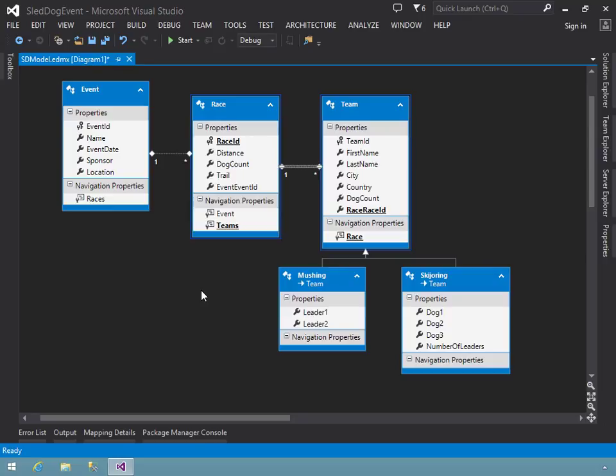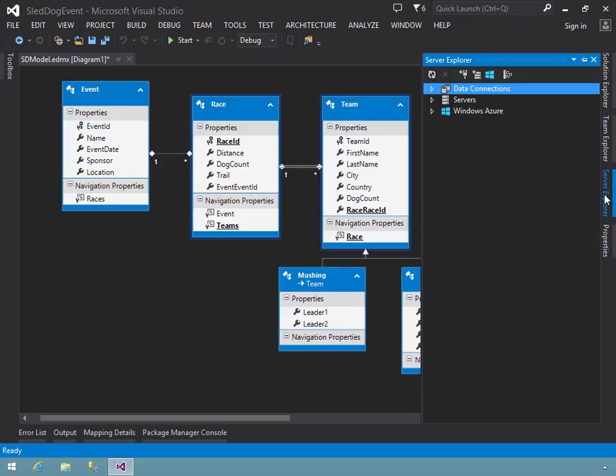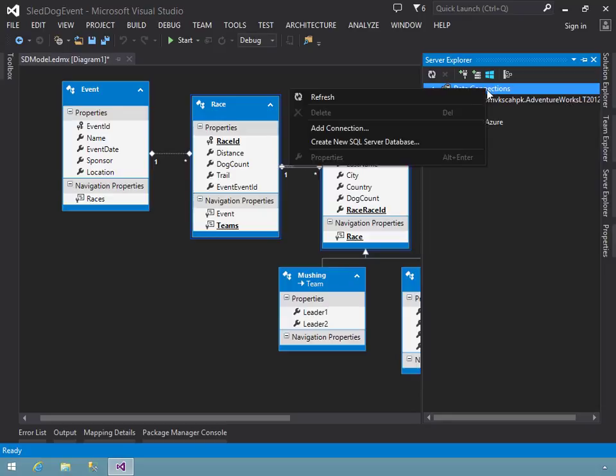One thing about this process, though, is that the database with an empty schema has to already exist. So I'm going to do that first. I'm going to use the Server Explorer window here, and I'm going to create a new data connection. Notice that I have one to the AdventureWorks LT 2012 database, but that's not going to work for me here. So I'm going to right-click on Data Connections, create a new SQL Server database,